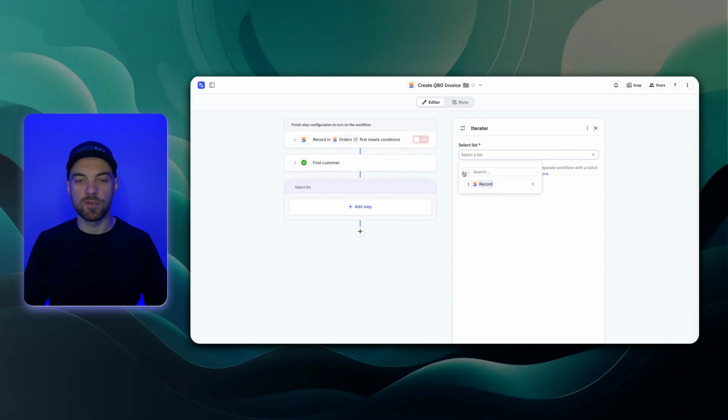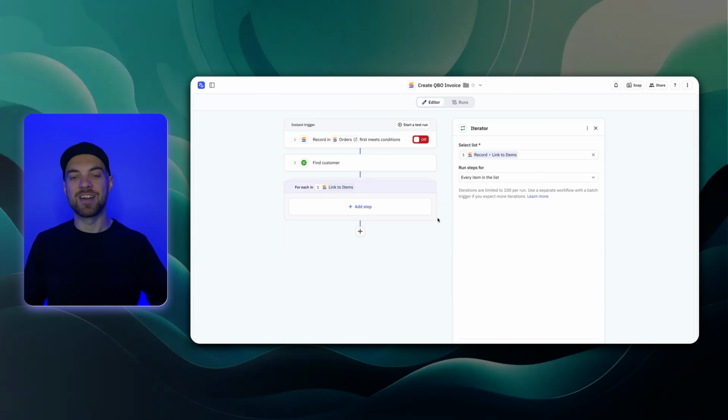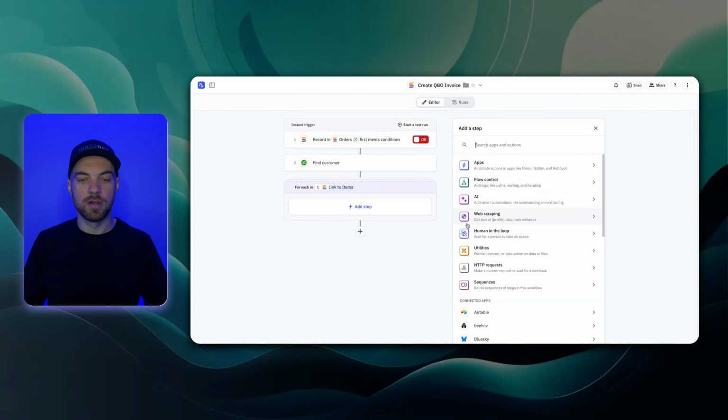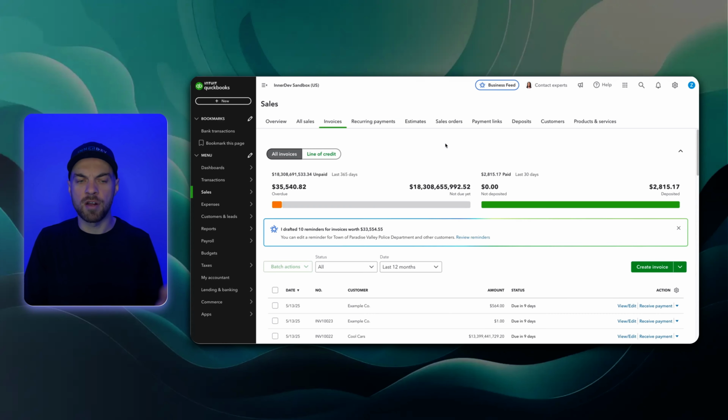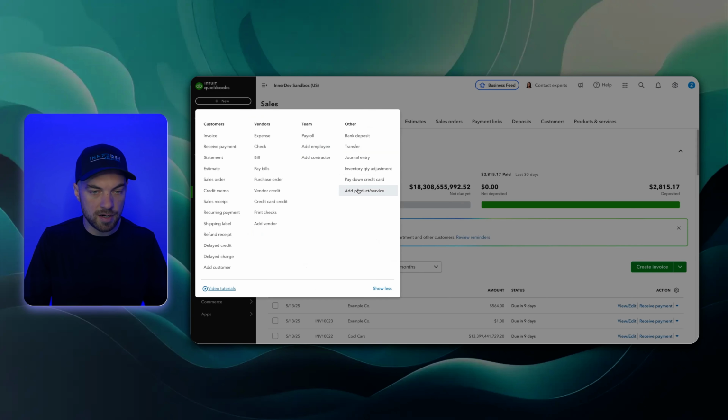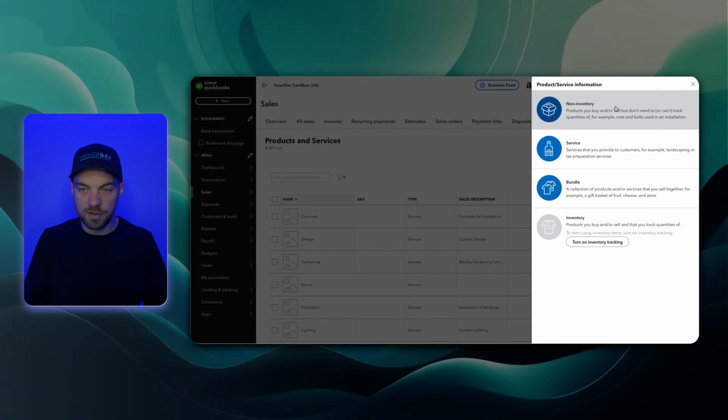We'll iterate, we'll select the record, and we'll link to items. For each item in this list, we want to run this step. Depending on how you have your QuickBooks set up, you may not actually add each individual line item into QuickBooks, and that's fine. What I have done and prefer to do, and a lot of my customers operate this way as well. So if we go into the new option here, we'll add a product or service,